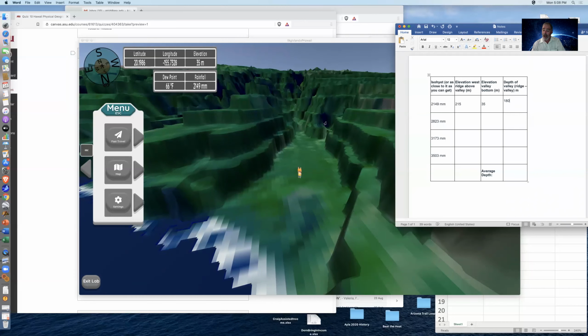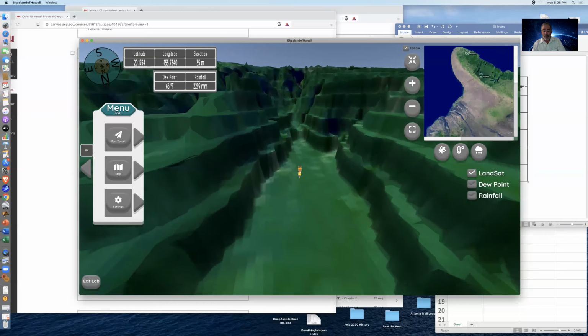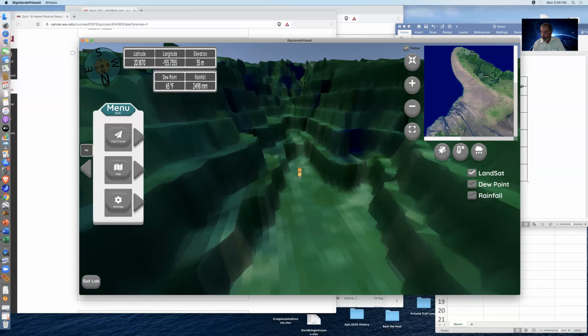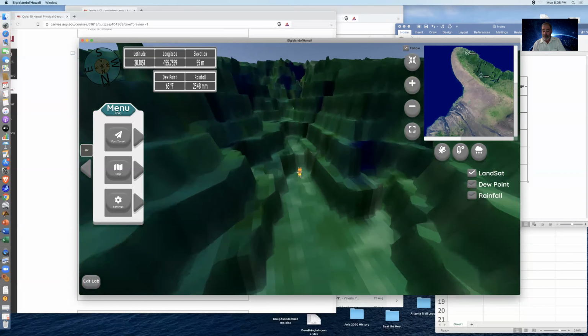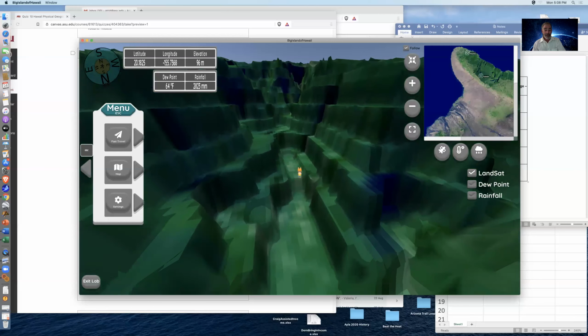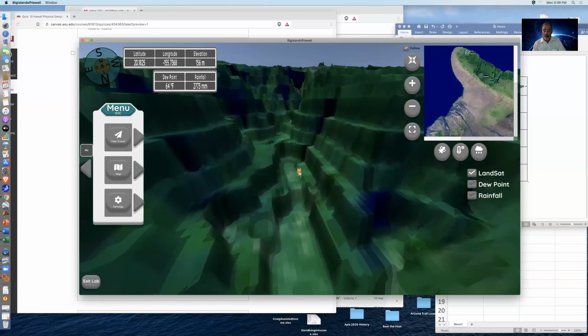So now I need to walk up the river valley and get to around 2,800 millimeters of precipitation. I go back into the game, I hit escape, and I begin to walk up the river valley. Note that as I go up the river valley, the rainfall increases. I'm now at about 2,500 millimeters. And now I'm at 2,800. Down here, I'm not quite there, but right up in here,